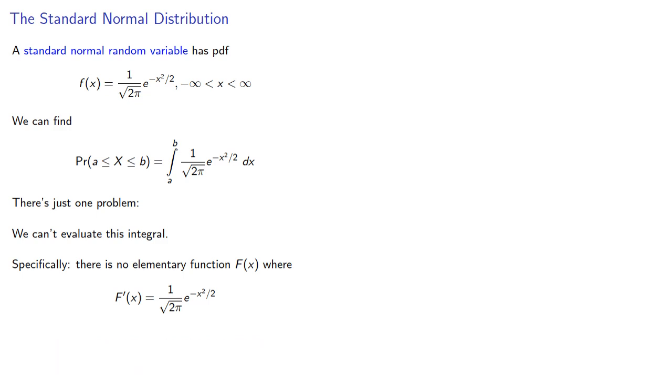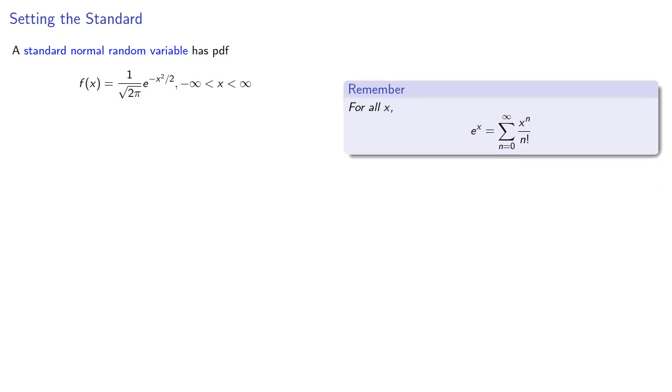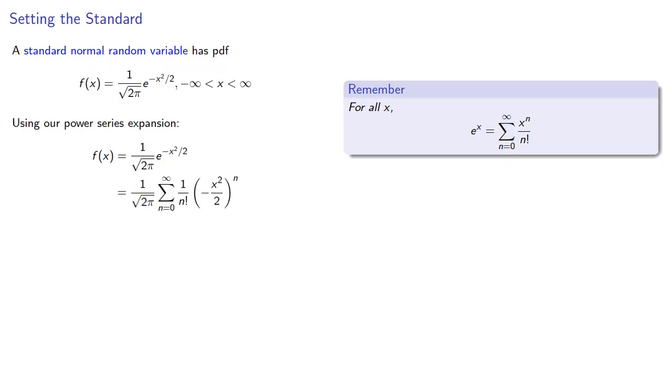So how can we use the normal distribution? To do that, we can approximate the value of the integral numerically. So remember that e to the x is one of those functions that have a nice power series expansion that's going to be convergent for all values of x. So using our power series expansion, we can express our PDF as